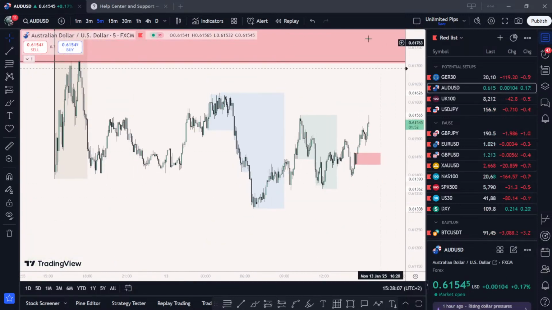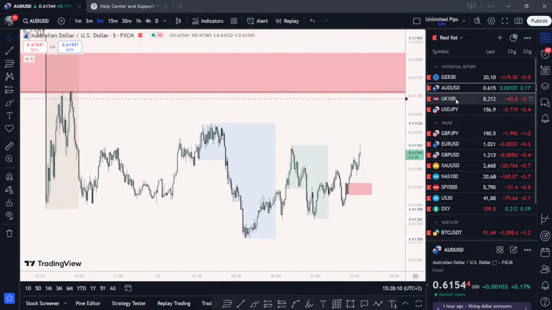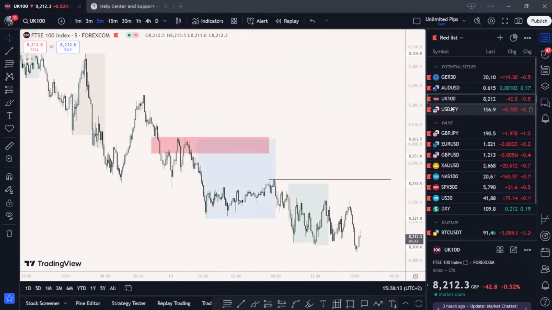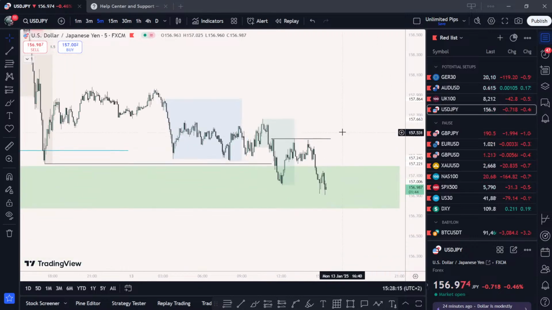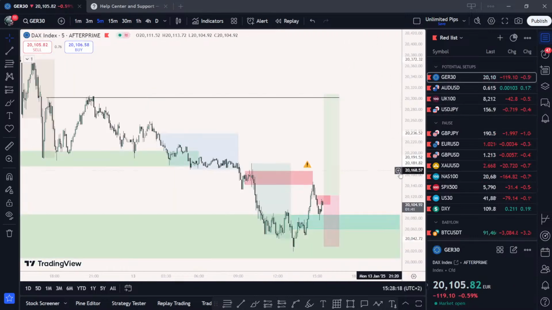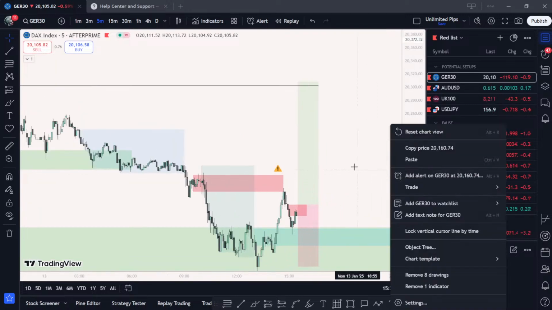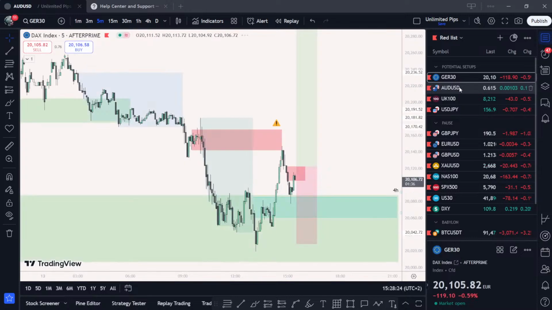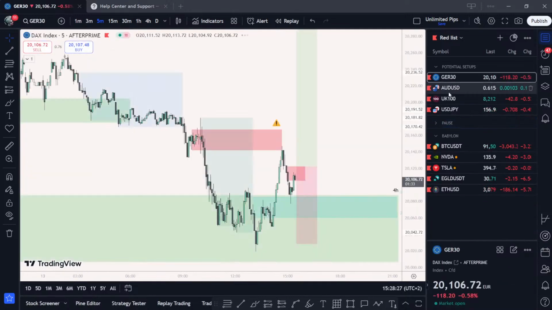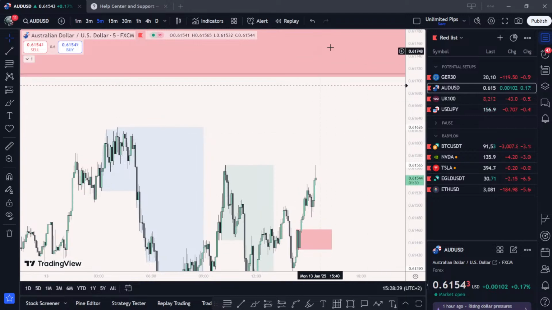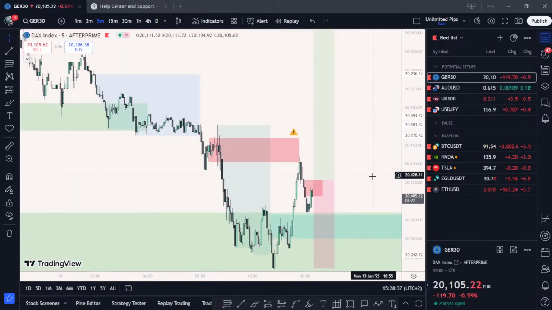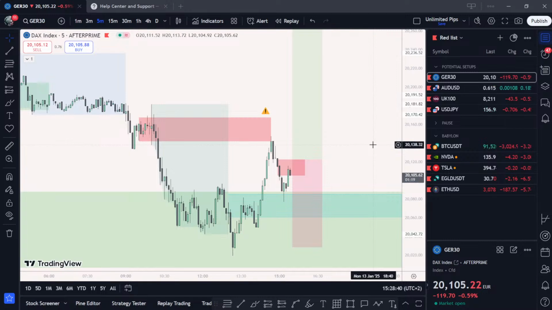Also, USD is still waiting for that. We have a pretty long way to go, so we'll see if that happens. UK again, really weird price action. Same with UJ. So not really looking that good now. So probably my main two pairs are gonna be DAX and AU. There's potential we can reach here around 5, but we need to have a bit of volatility, which I don't know if will happen. But again, waiting on DAX. I'm gonna update you through every step that I'm looking at, and yeah, we'll see.